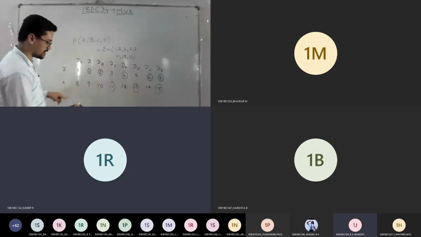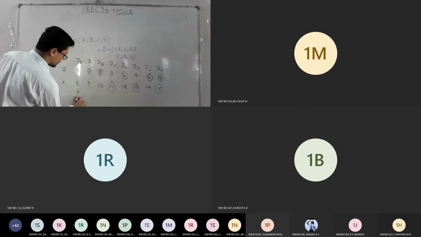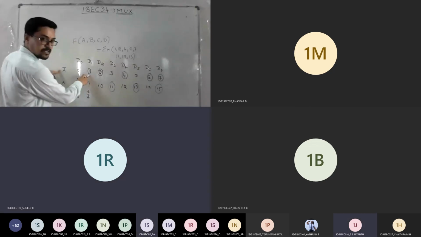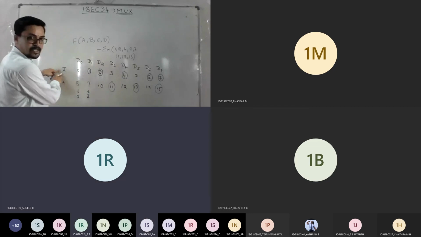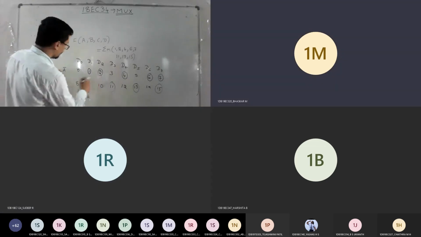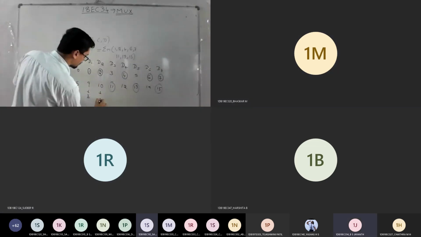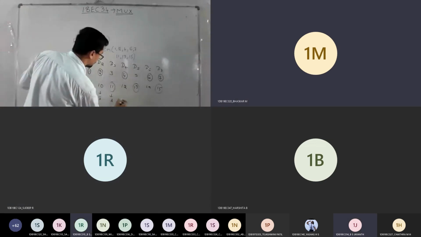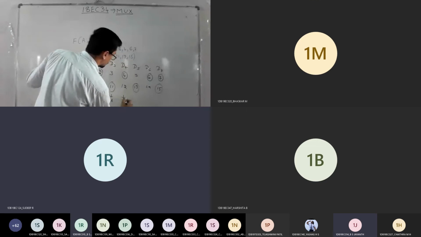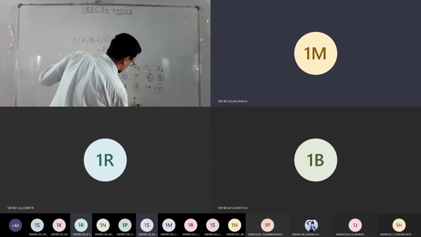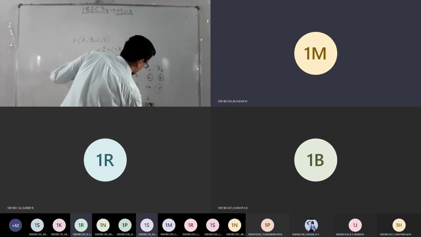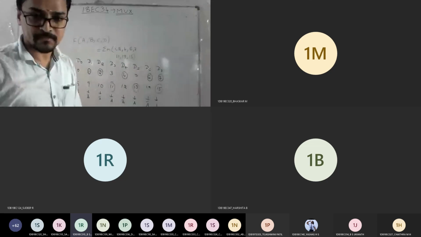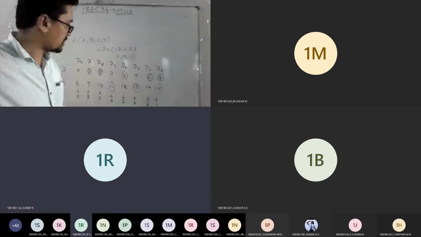Tell me what the things are. See, if both are not circled, D0 we write directly as 0. Then D1 is A bar. This single one pointing, so write A bar. Again D2 is also A bar. Then D3 is A. D4 is A bar. D5 is A. D6 is A bar, and D7 is 1. Last is 1. Understood now, everyone? Yes, sir.